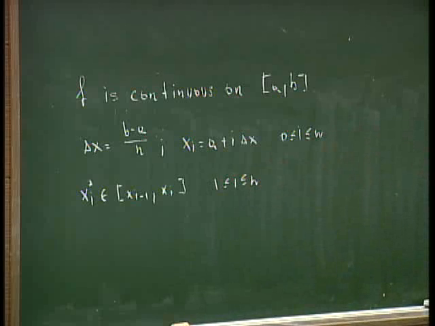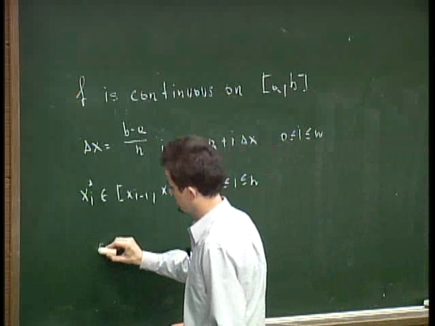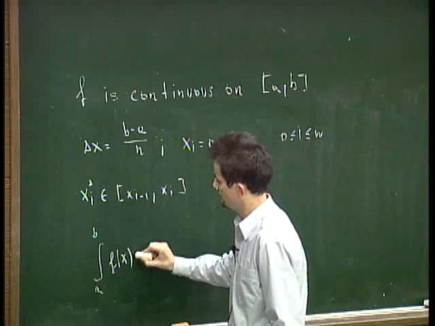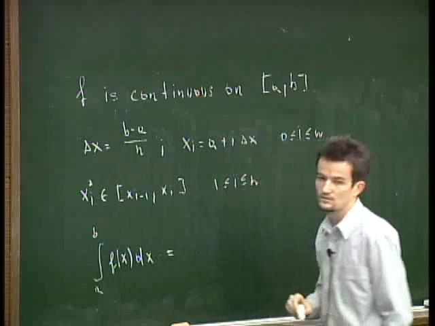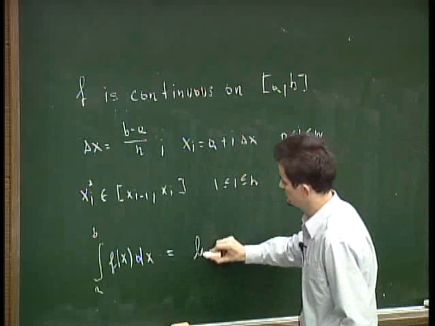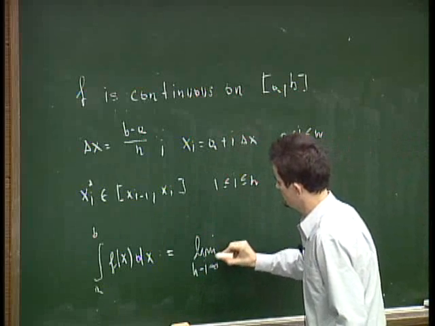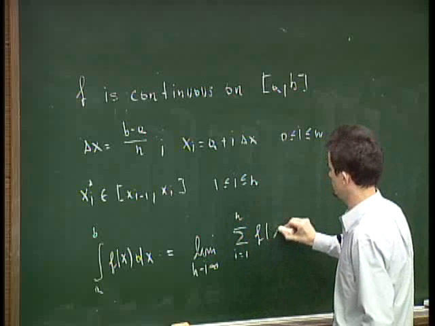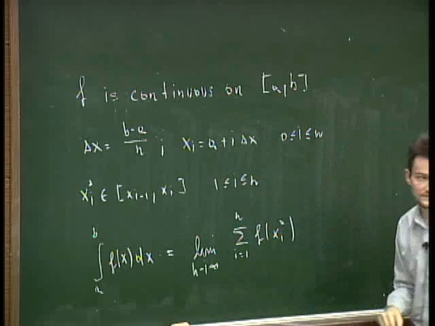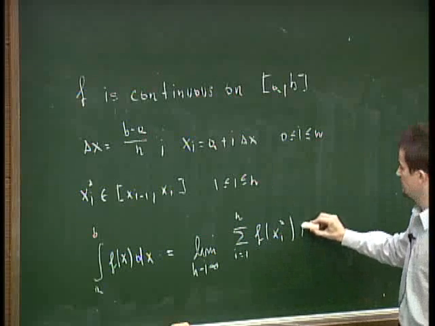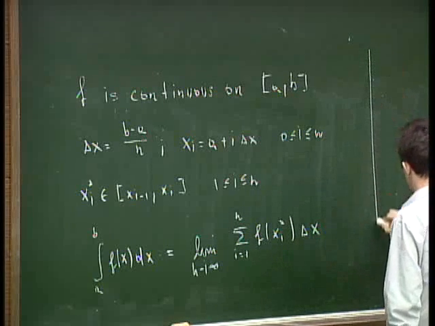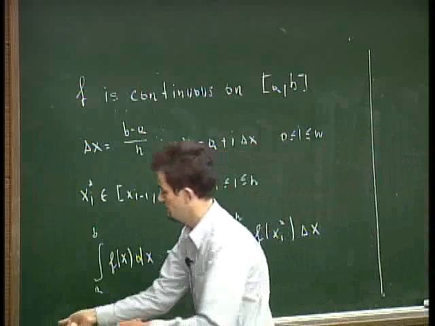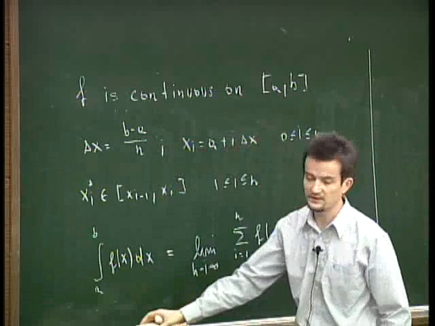And using this notation, last time we have defined the so-called definite integral from a to b of f of x dx to be the following limit. So the limit n tends to infinity, and then the sum i from 1 to n, f evaluated at the i-th sample point times delta x. Okay, so this is the definition we have seen last time, and I also spent some time in order to